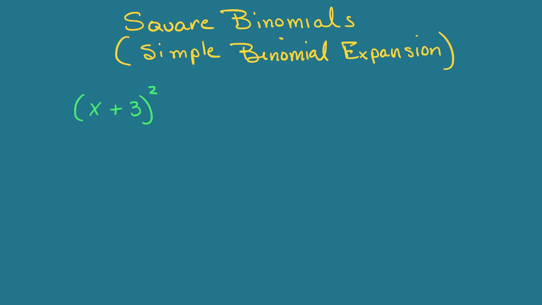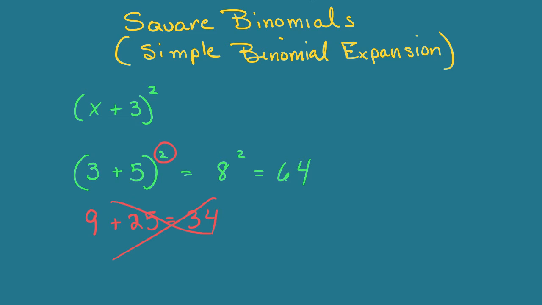And here's an example to prove that. Let's say I've got 3 plus 5 squared, like this. This is clearly equal to 8 squared, or 64. If you were to do what most students think you can do, which is square the 3 and square the 5, you get 34, and that is not correct. So you can't do it that way. In fact, what you have to do when it says to square something,